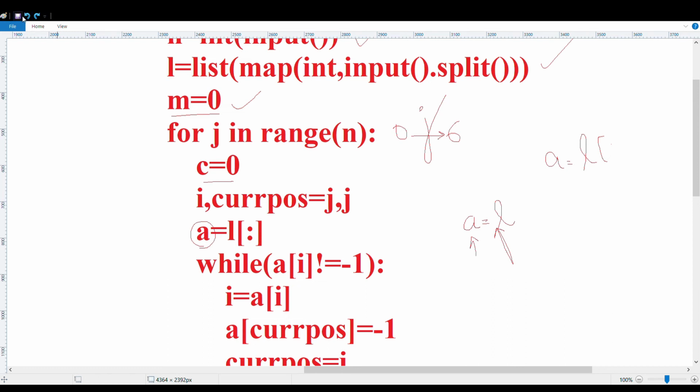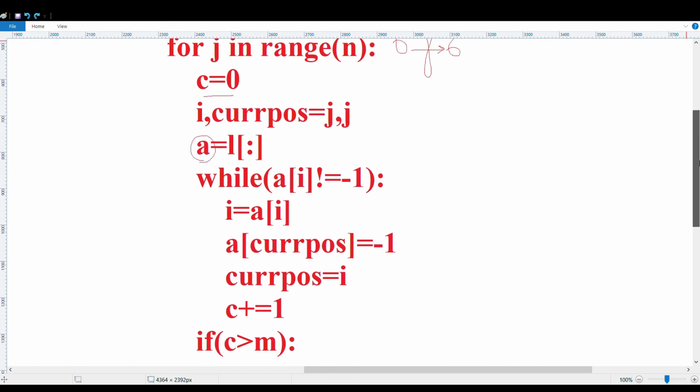And moving ahead, we have a while loop: while A of i is not equal to -1. -1 will be the key which you have already got, like which you have searched. So you are just checking whether we have already seen it or not. If you have seen it, you will come back to the first position, which is -1. If it is not equal to -1, you proceed in, and then you reassign i to A of i.